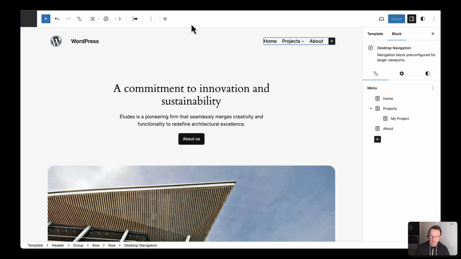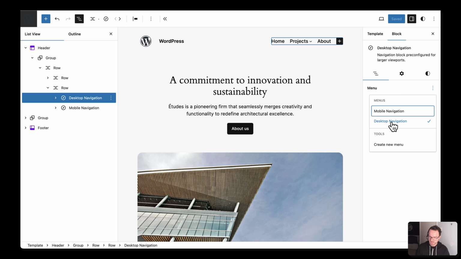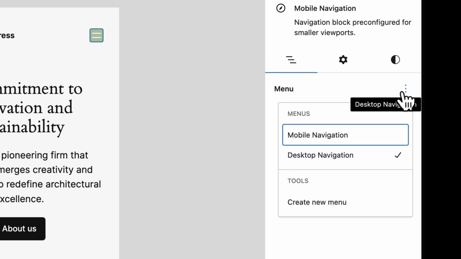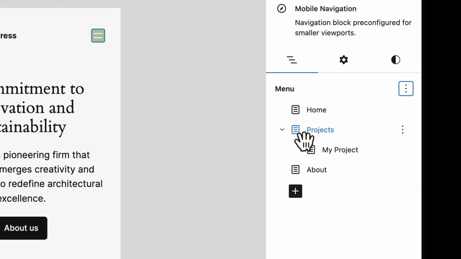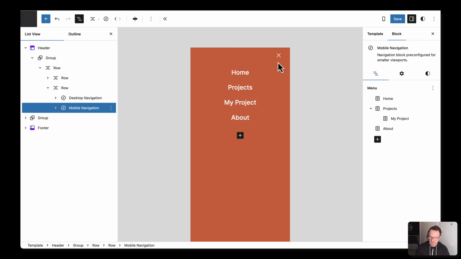And our desktop navigation is still using the desktop menu. And if we click on the mobile one, what we want to do now is switch that over to using the mobile menu. So I'm going to do that now. And because it was a copy, nothing will actually change. If you see what I mean, because we copied the desktop navigation, which means you don't have to recreate it